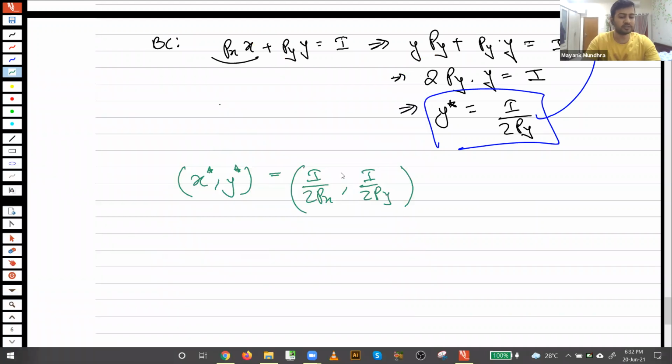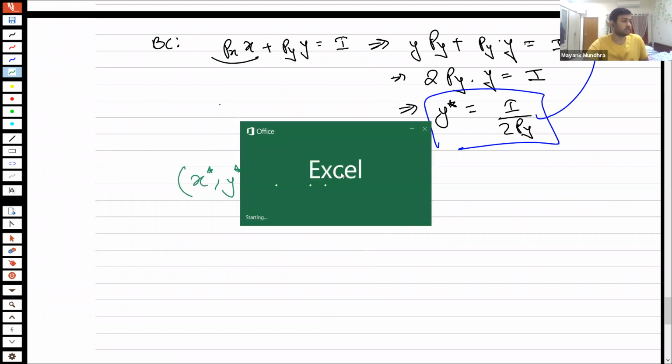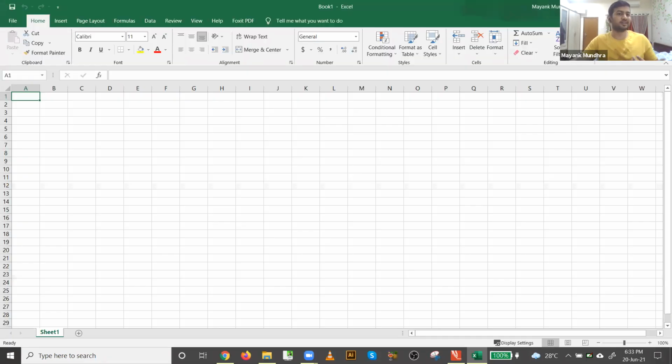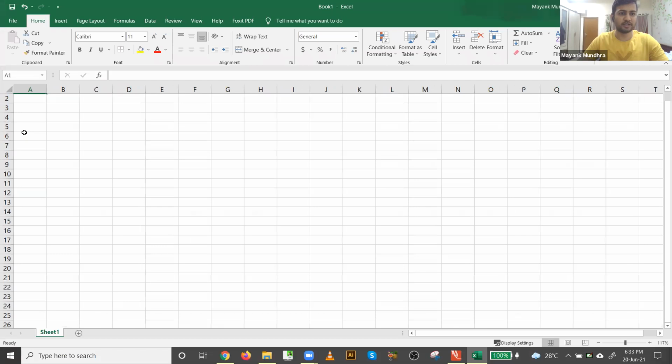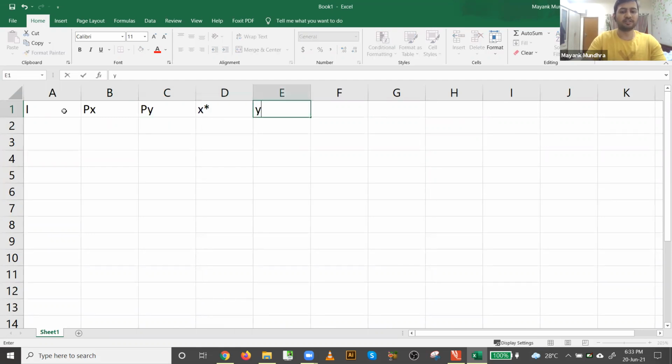Okay, so one obvious thing here is that all the consumers have the same budget value. The advantage of this you can see in an Excel sheet. Imagine that you have a column on incomes of people, you have another column on px, you have another column on py. Suppose you write a new column as x star and a new column as y star, and you can give this equation here for x star.